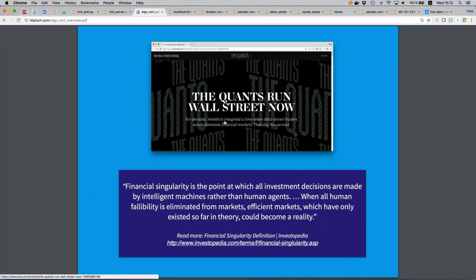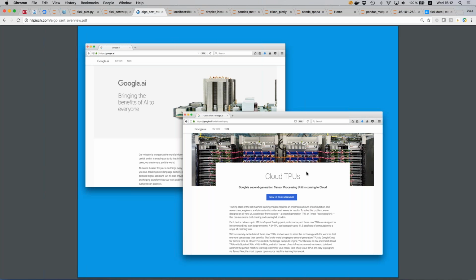For decades, investors imagined a time when data-driven traders would dominate financial markets. That day has arrived. I think we are here in one of the most exciting fields active ever in the financial industry. Not least due to technological advances. So Google just, I think 2 weeks ago, published a new initiative, Google AI,